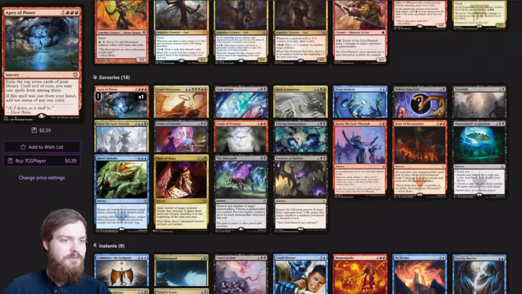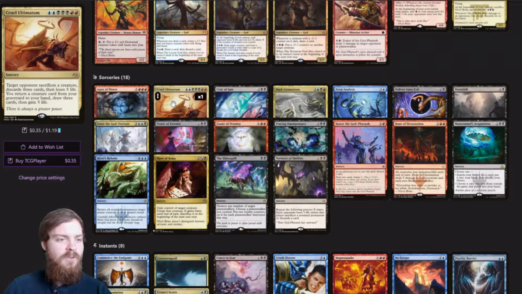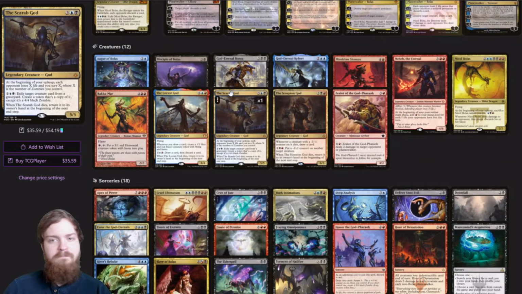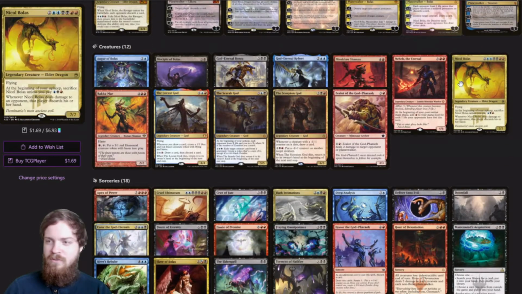Dominaria, where he's trying to ascend and gain all the knowledge in the world. Then we've got Cruel Ultimatum from, again, Shards of Alara, one of the ultimatums, and it's got Nicol Bolas in the artwork, so really cool there. We've got Crux of Fate, where Nicol Bolas and Ugin are fighting. We can either choose dragons or non-dragons, so some decent flexibility that can let us keep our Nicol Bolas,